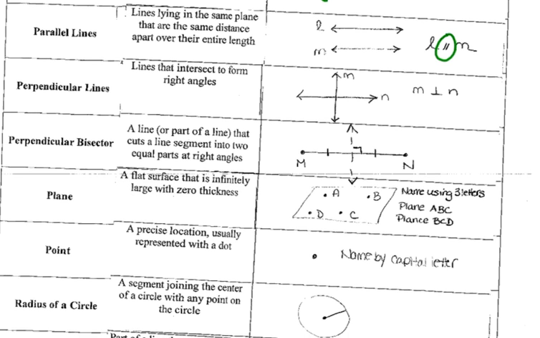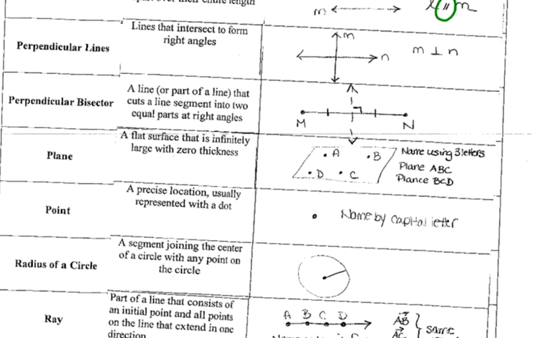Perpendicular are 2 lines that intersect to form right angles. How are we going to know when 2 things are perpendicular? We're going to mark them with a right angle in the picture. The symbol that we're going to use to represent perpendicular is the upside down T. So anytime you see that upside down T, you're going to think to yourself,